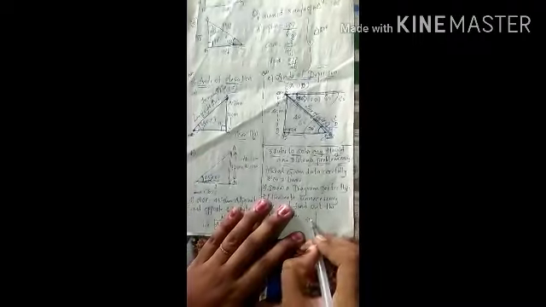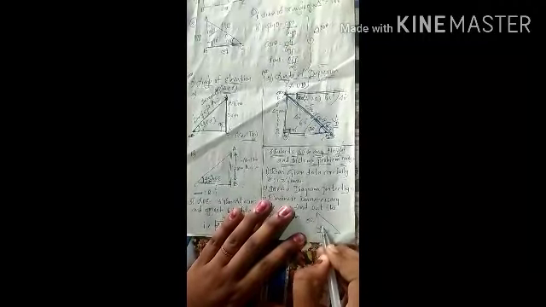Next, eliminate the unnecessary side and find out the given side. Suppose they gave tower height as 50 meters. Next, they will give our angle of elevation as 60 degrees, and they will ask you to find this side. What is this side? AB, the foot on the ground. If they ask to find AB, here there is no need of the hypotenuse, because we have the tower height as 50 and the angle of elevation. By eliminating the hypotenuse we can find this answer clearly. Now we shall see how to solve some problems.